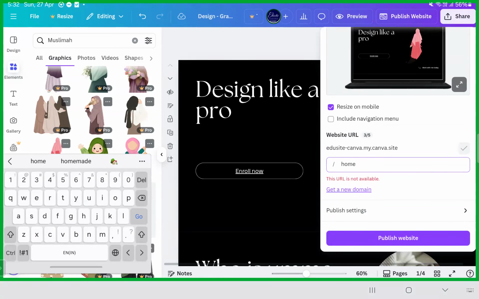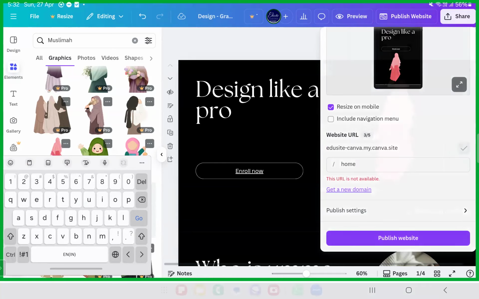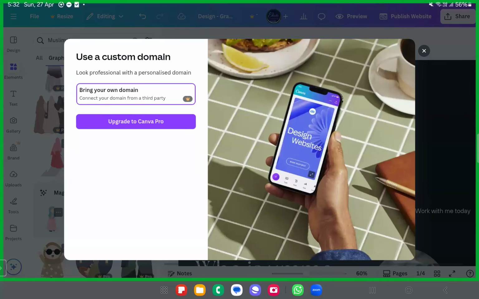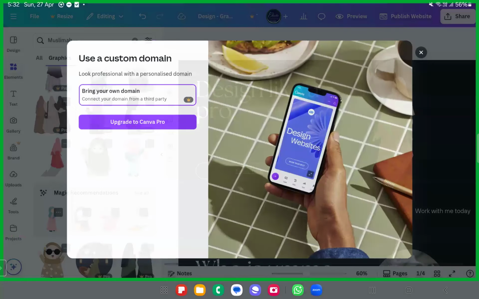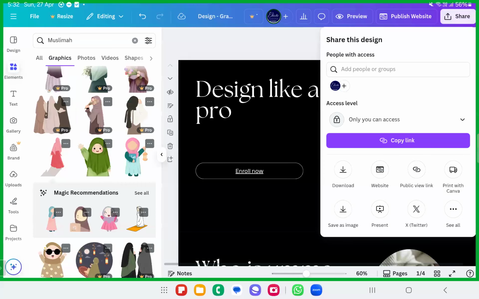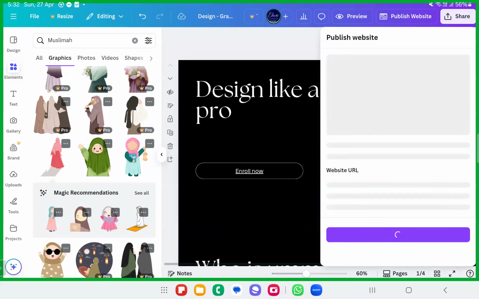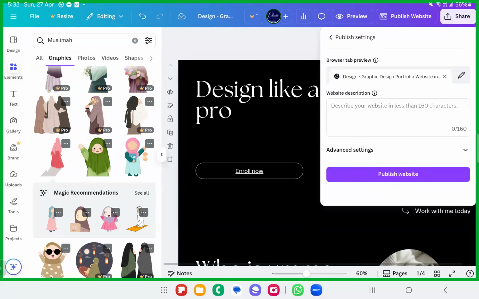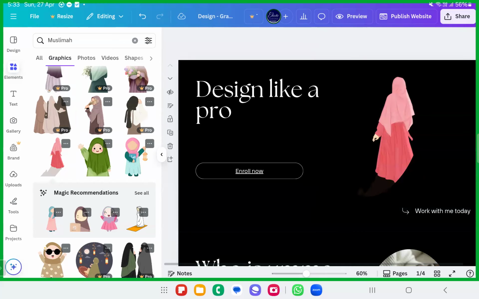But if you want to get a new domain, you can go ahead with this. You actually have to pay around 4,000 to 5,000 to get a domain like that. But no, dear sisters and brothers, you can launch it for free. Just click on the publish button, add a few of the settings, and change the settings. Remember, you need to describe your website for the browser with these things, and then click on publish. Understood? It will get launched within a moment.